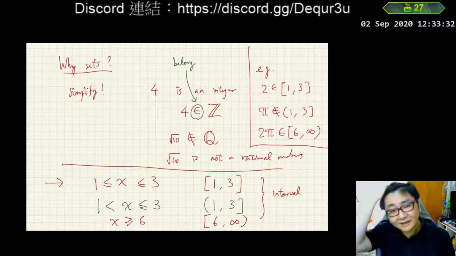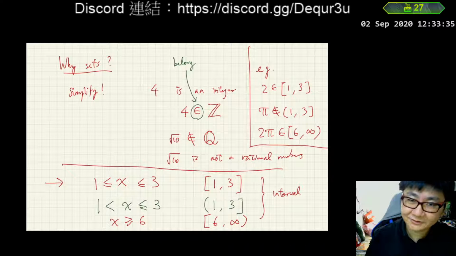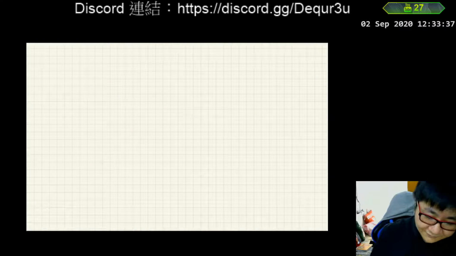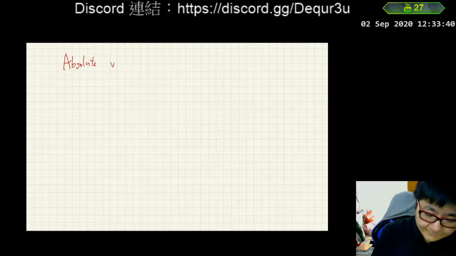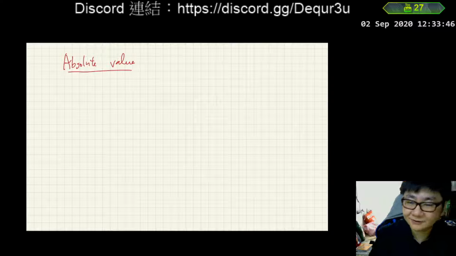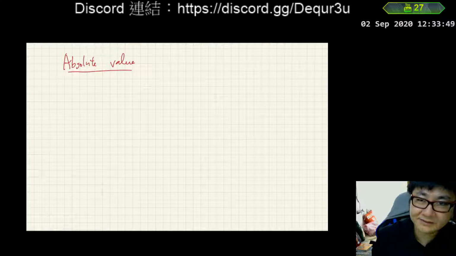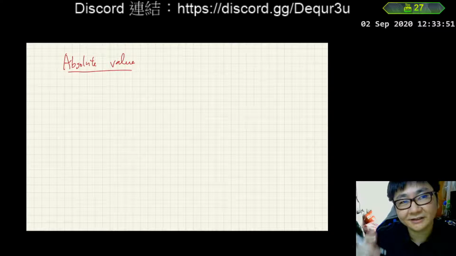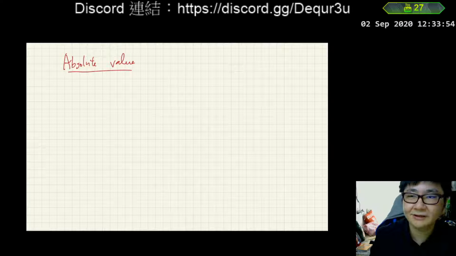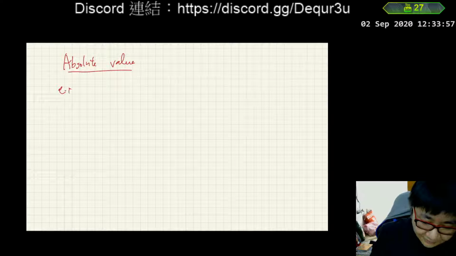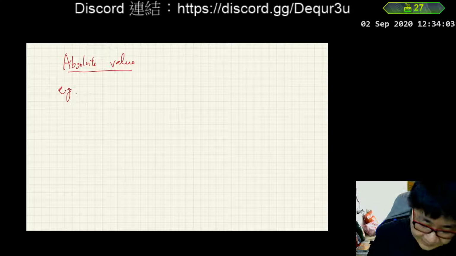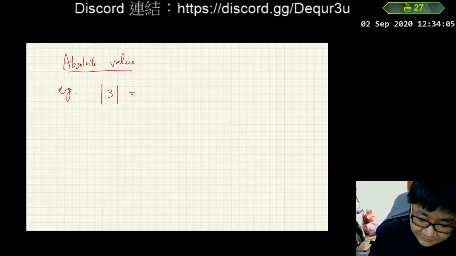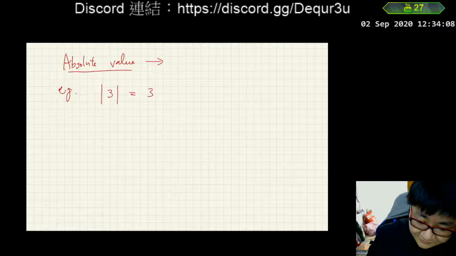Just one final remark, a final thing about something you also mentioned in the chat room before, which is absolute value. This is also something we will use later in different topics. Absolute value simply means sometimes we don't want a number to be negative, so we use absolute value to make it non-negative. For example, the symbol is putting 2 strokes around a number. That is like the absolute value of 3. Then it is 3. Absolute value just means to make non-negative.